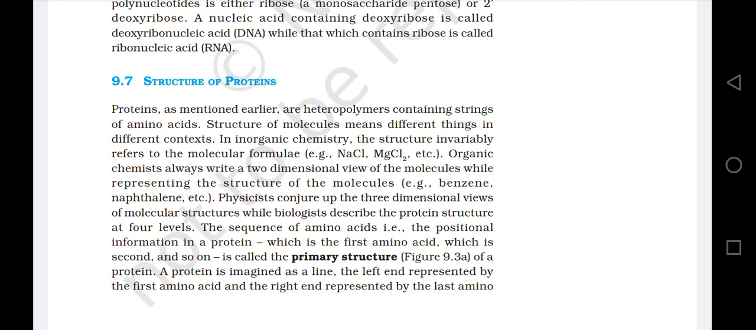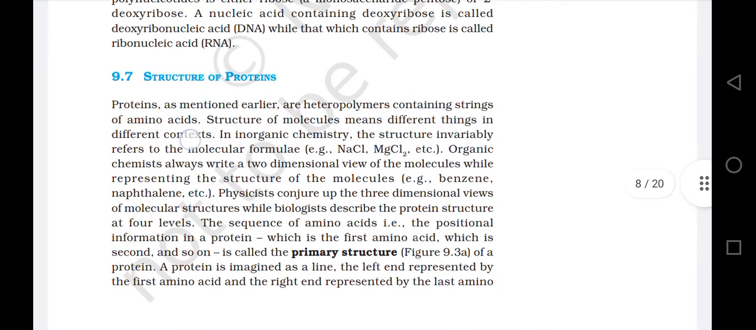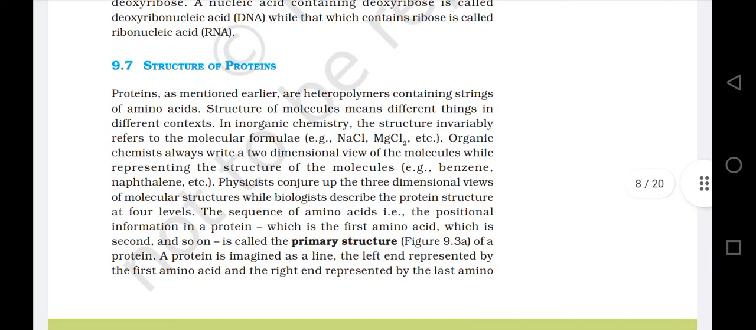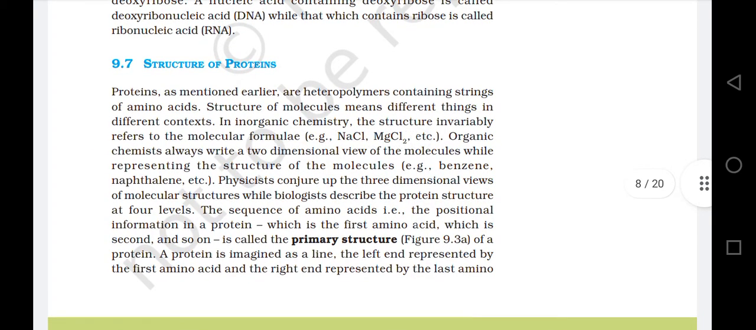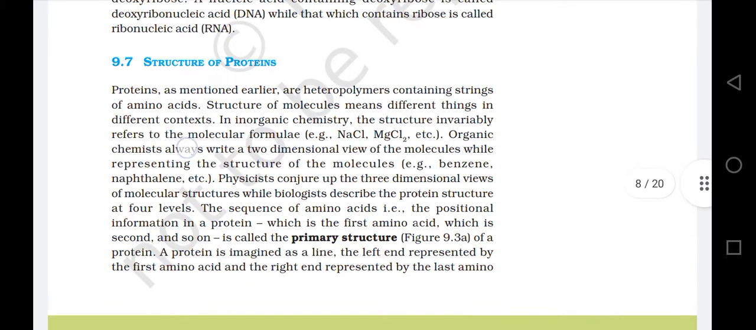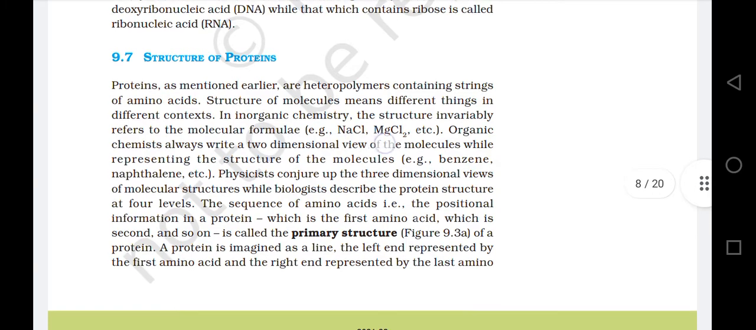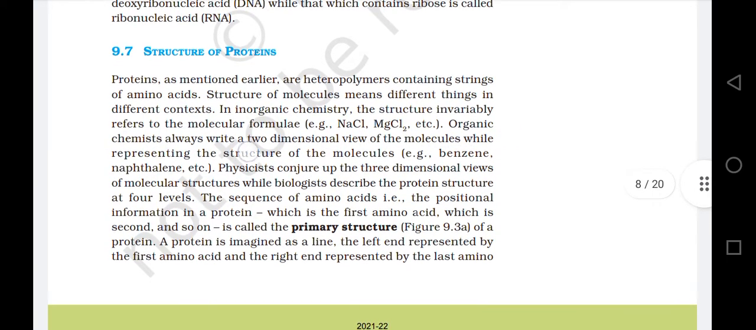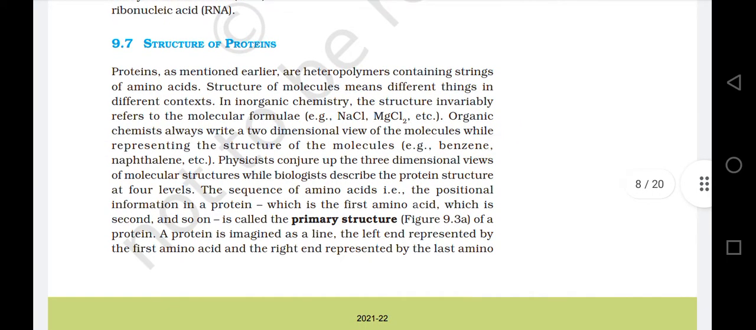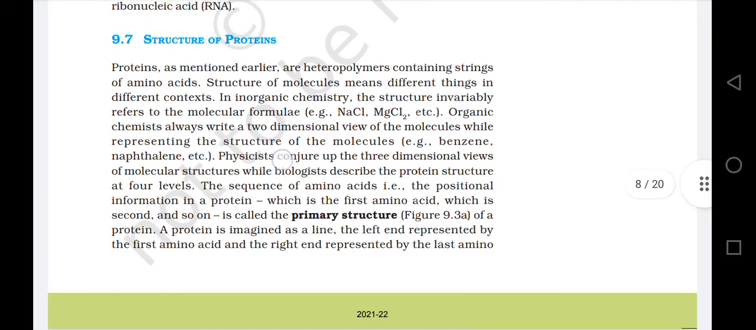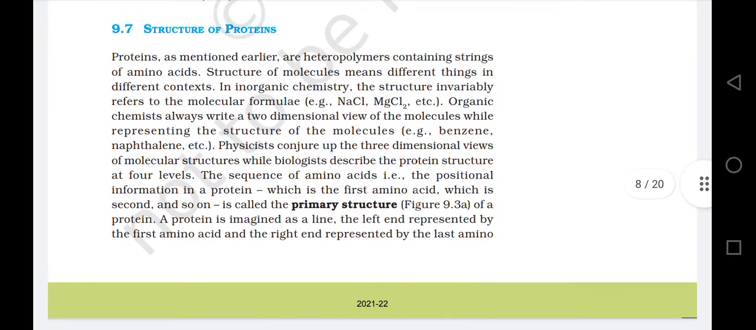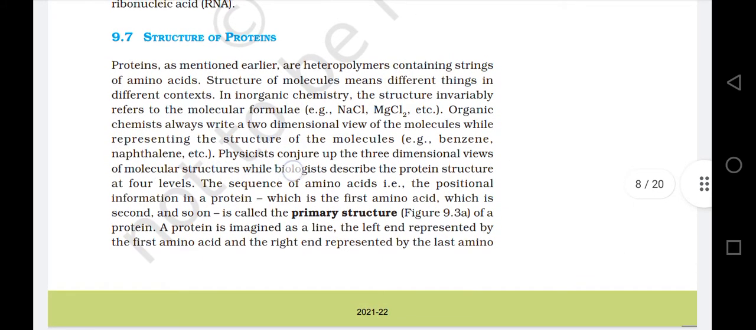Structure of molecules means different things in different contexts. In inorganic chemistry, the structure invariably referred to the molecular formula. Example: sodium chloride NaCl, MgCl2, etc. Organic chemists always write a two-dimensional view of molecules while representing the structure of the molecules. Example: benzene, naphthalene, etc. Physicists conjure up the three-dimensional views of molecular structures, while biologists describe the protein